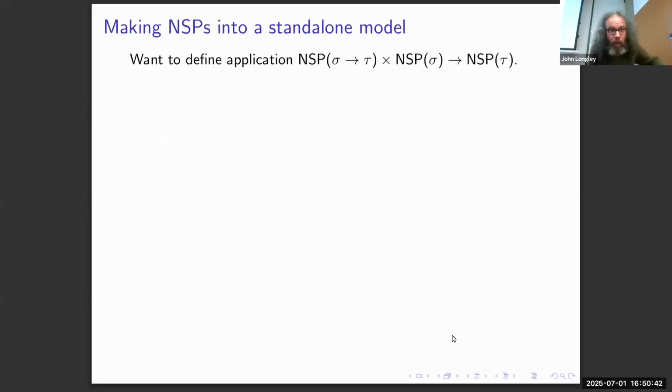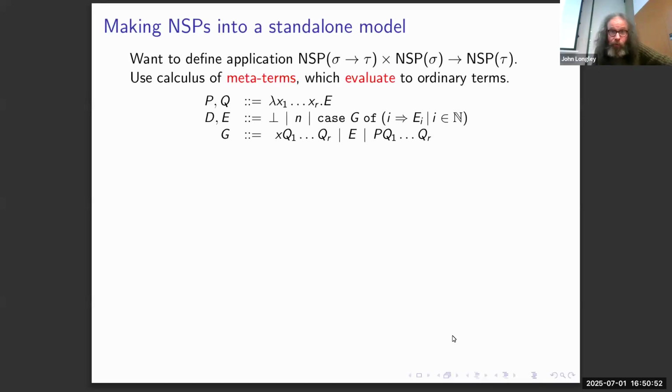And so what we want to do mathematically, I've told you what these NSPs are at each given type, but we want to make this into a model. We want to say what it means to apply an NSP of type sigma arrow tau to an NSP of type sigma. So we want to give a standalone definition of application that's independent of the definition of application in PCF. I won't talk through this in detail, but we give ourselves a calculus of what we call meta terms, which is more generous than the calculus of terms,